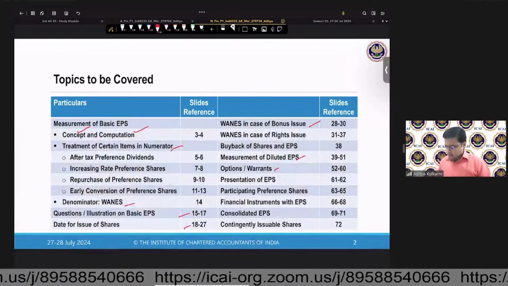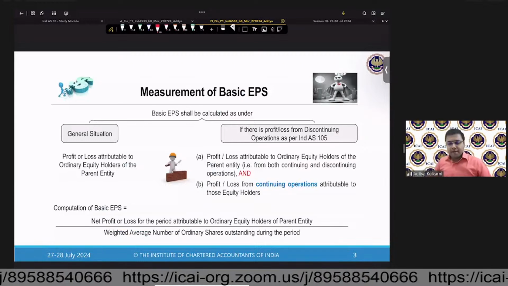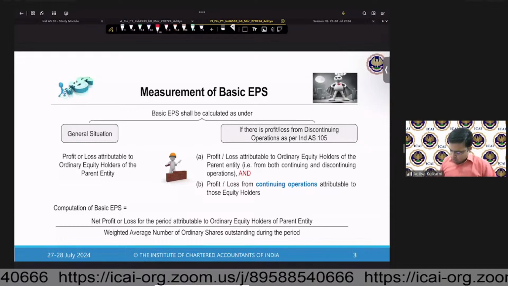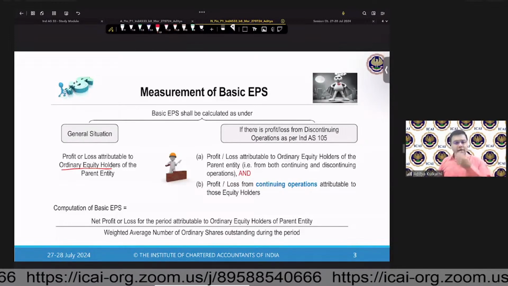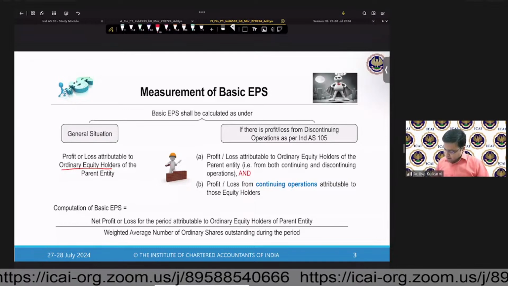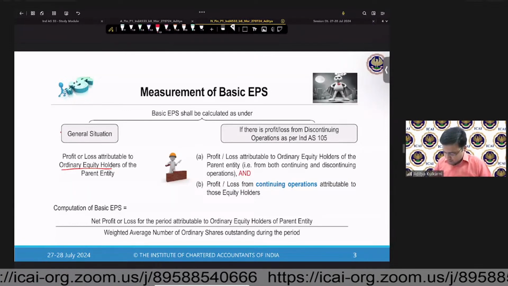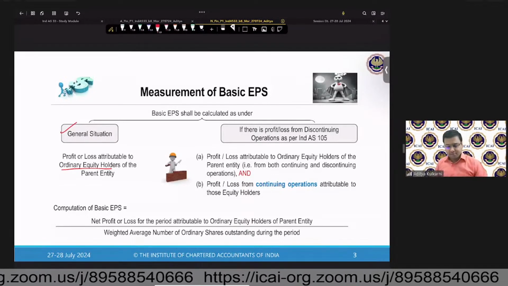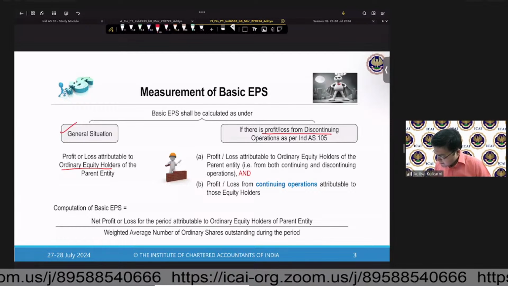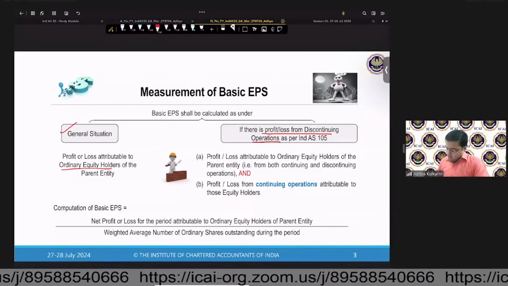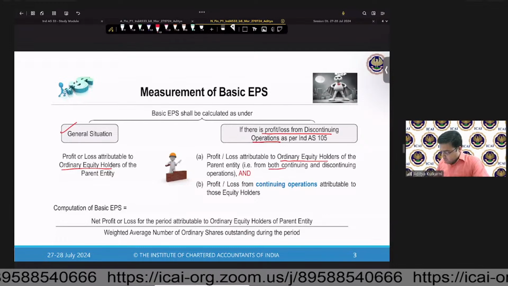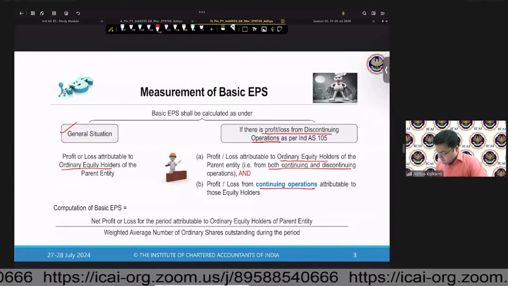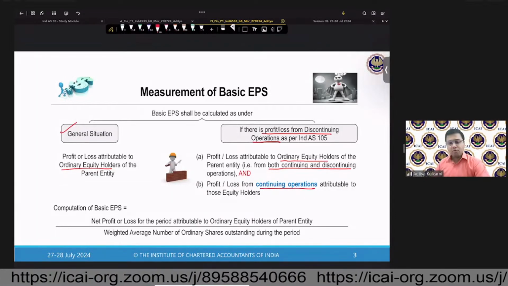Okay, so let us start. So what is my basic EPS? So it is essentially profit or loss attributed to the ordinary equity holders divided by, so this is the basic situation, general situation where we take the profit or loss attributable to ordinary equity holders. If there is a profit or loss from discontinuing operations, then it will be profit attributable to ordinary equity from both continuing and discontinuing operations, as well as profit or loss from continuing operations. So we are having both the,